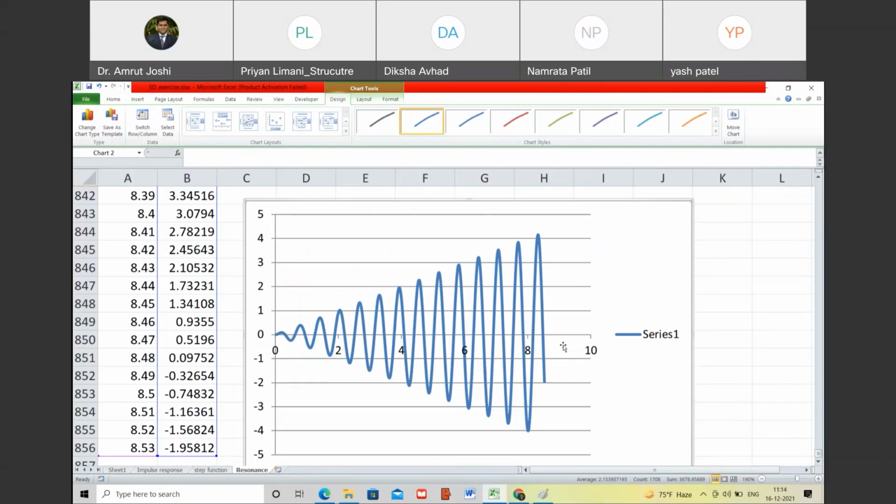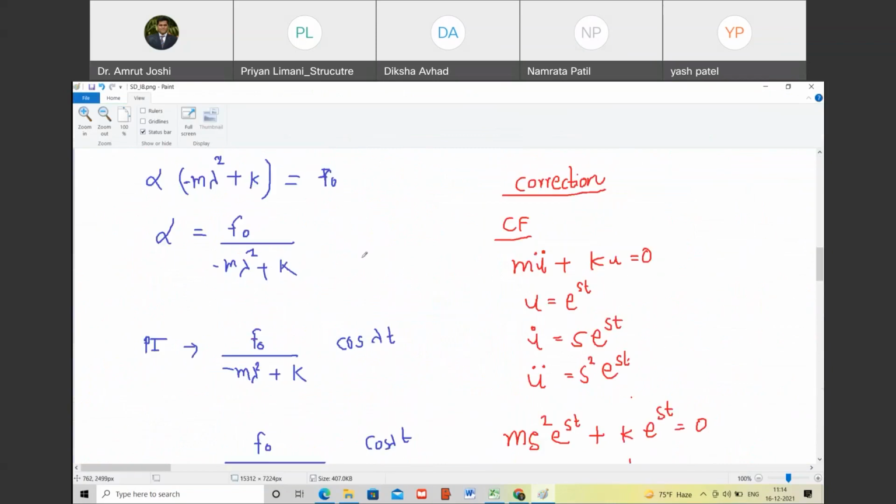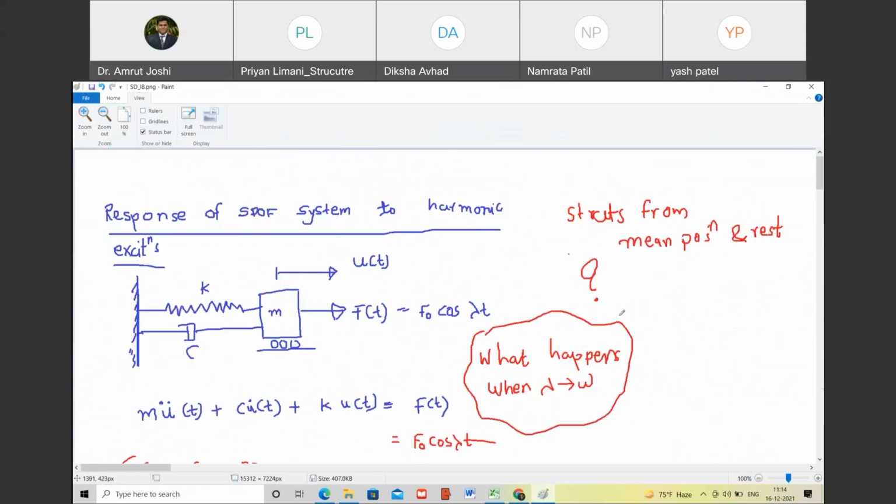Are you with me? As the displacement of the single degree of freedom system goes on increasing, what can you say about the spring force? As the displacement goes on increasing, spring force also increases. What is the spring here? This equivalent single degree of freedom system is a representation of a single bay single story model, let us say. So then spring force corresponds to the force in the column. Do you agree with me? Or stress in the column. So as u of t goes on increasing, stress in the column also goes on increasing.